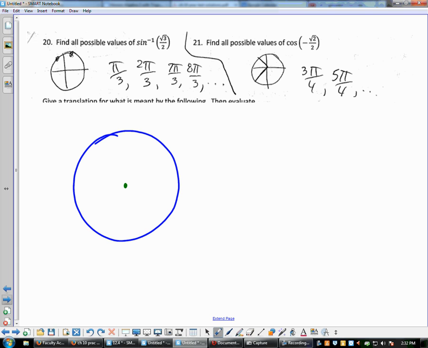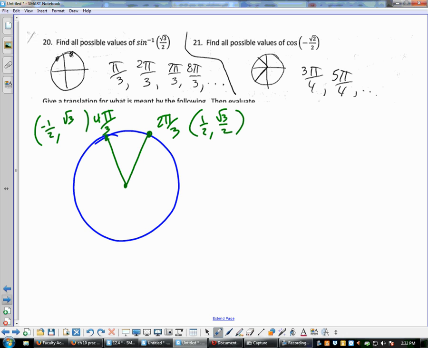On our unit circle, I think you'll see that that occurs at 2 places, 2 pi over 3 and at 4 pi over 3. 2 pi over 3 has an ordered pair of negative 1/2, comma, square root of 3 over 2. And 4 pi over 3 has an ordered pair of negative 1/2, comma, square root of 3 over 2. But both y coordinates are square root of 3 over 2, so that's why we list those as our answer, 2 pi over 3 and,